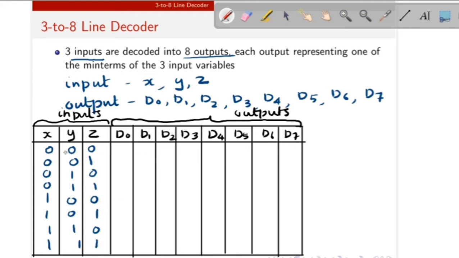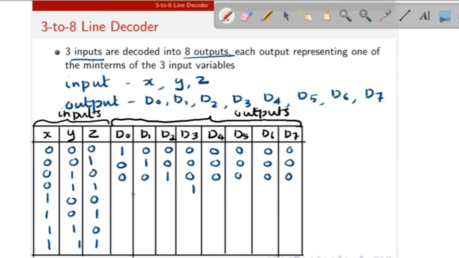So when the input is equal to 000, then the output line D0 is enabled, all others are disabled. Only one of the 8 outputs is selected by the decoder, that means here it selects D0. When the input is equal to 001, then D1 is selected, all others are disabled. Then 010, it selects D2. Then 011, D3 is enabled.